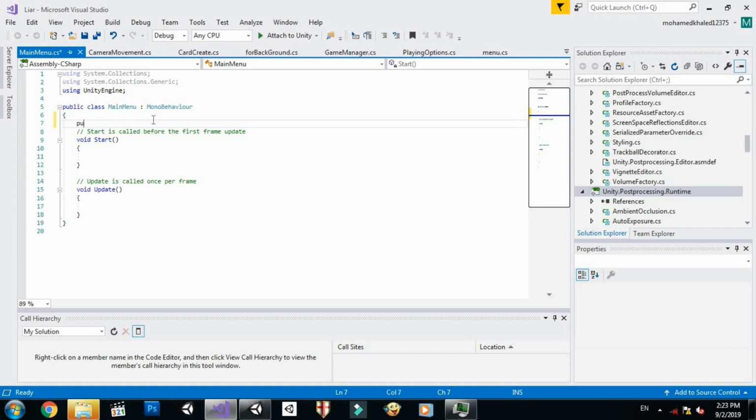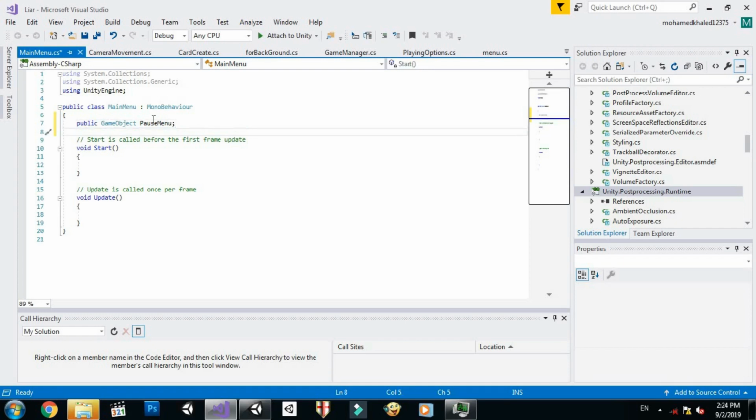So first I'm going to make a public game object and call it pause menu, and this is going to be the reference for our pause menu panel. Next I'm going to add a new boolean and call it is paused,